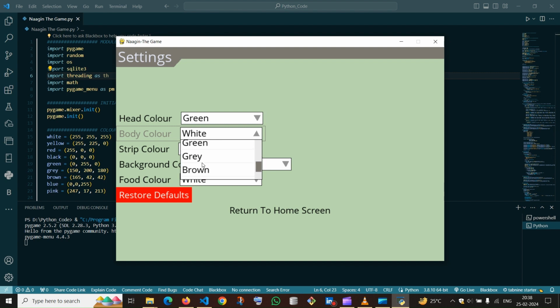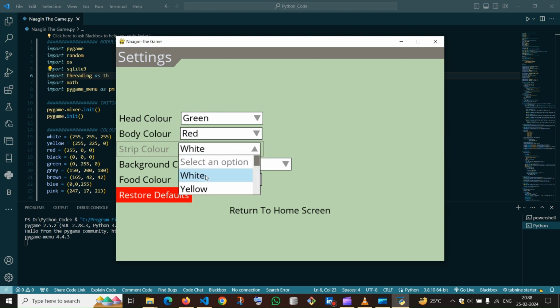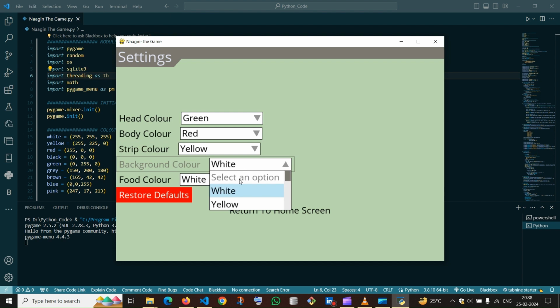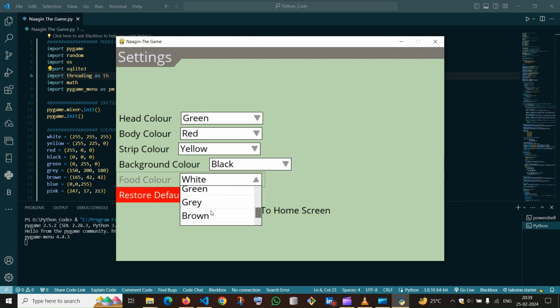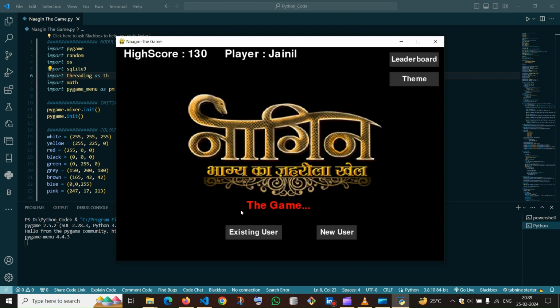Let's say head color is green, body color is, let's say, red, stripe color is yellow, and background color is black. Let's say food color is pink. Return to home screen and press enter. You will see